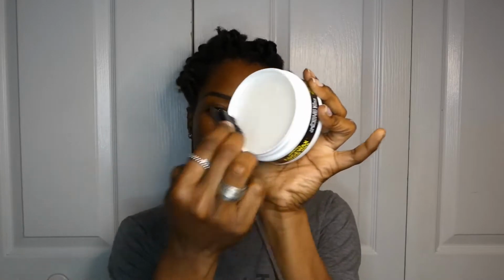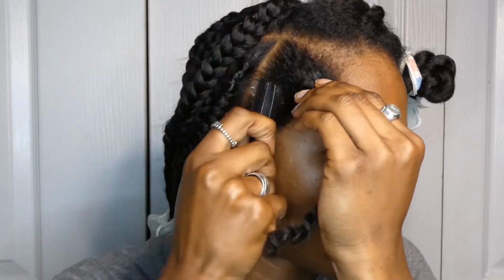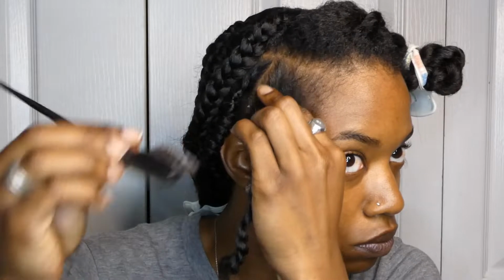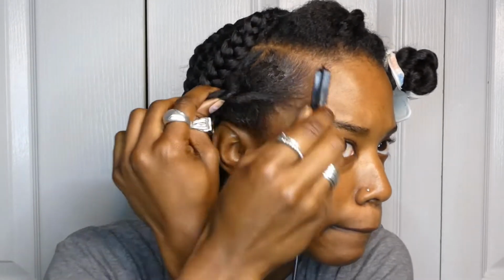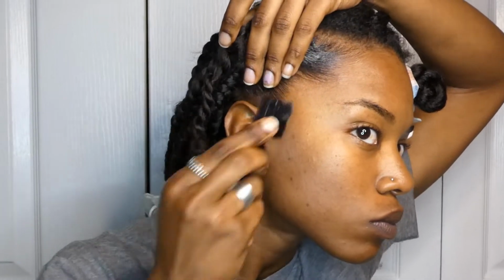Now to start, I'm going to use Marae's Edge wax. I believe it's the Extreme Hold. And I'm going to use my edge brush and rub it directly into the wax and apply it to all 4 sides of each part of the box braid. So I'm applying that directly to my hair, keeping the twist in. I'm just making sure that there are no flyaways or loose hair that's going to enter that braid. And the hair is nice and firm and smooth down, ready